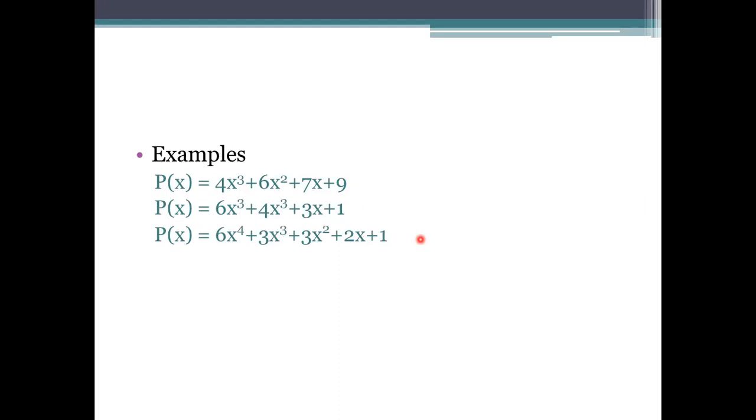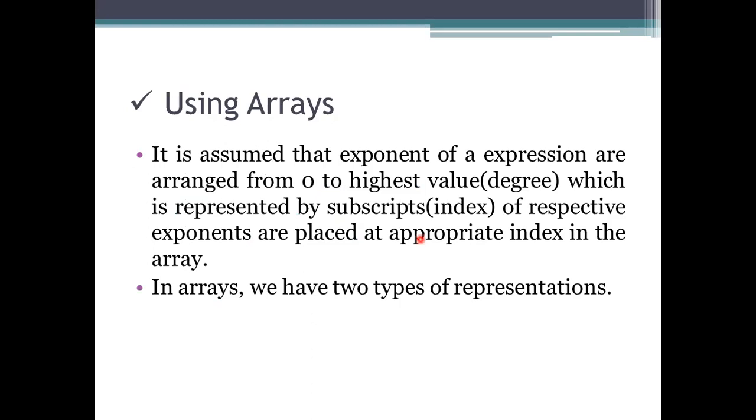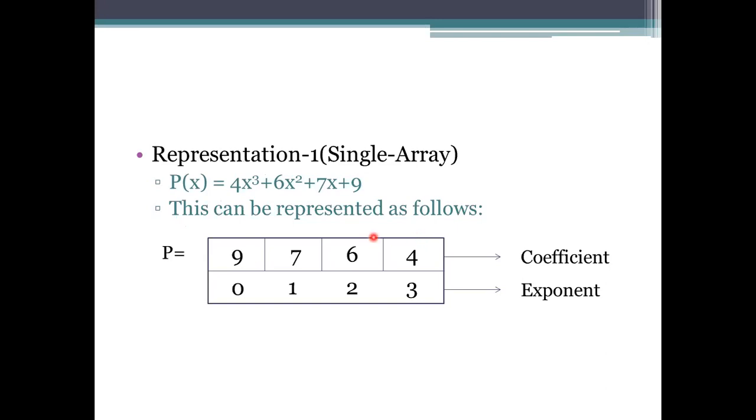If you see these examples, which we have discussed so far, here we took the values we have been storing using the arrays and using the linked list. If you are using the arrays, the highest degree value you have been taking from 0 to n means you need to take this from the lowest to highest. For example, if you see this one, we have the values 4x cube, 6x square plus 7x plus 9. So here it is x to the power of 1. Here it is x to the power of 0 value.